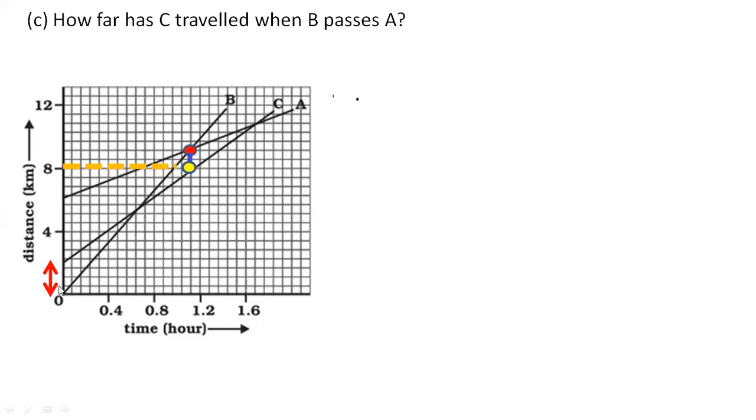Total is 8. We just need to subtract, and we can calculate that by counting how many boxes there are. So you can see 1, 2, 3, 4, 5, 6 and 7. So 7 boxes on the y-axis give how many values? 4. And we are supposed to calculate values for 4 boxes, right? So we can just calculate this value.